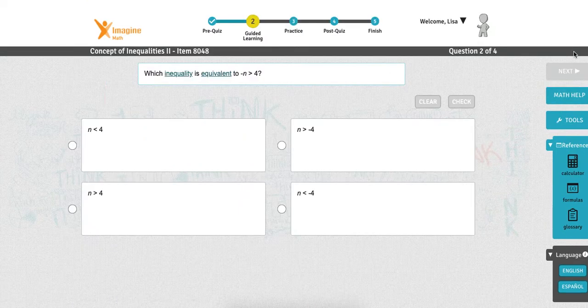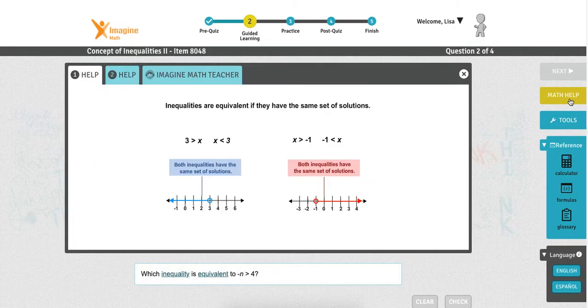But moving on, because we got it right, which inequality is equivalent to negative n is greater than or equal to 4? Okay, so this is tricky because this is actually 7th grade math, and I did throw this in there kind of so that you guys would get a little taste of what next year is going to look like. So I did expect you to use your math help for this one, and it says that inequalities are equivalent if they have the same set